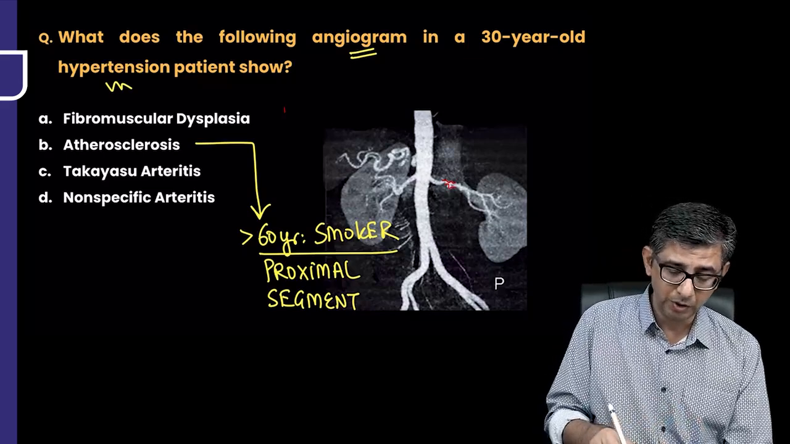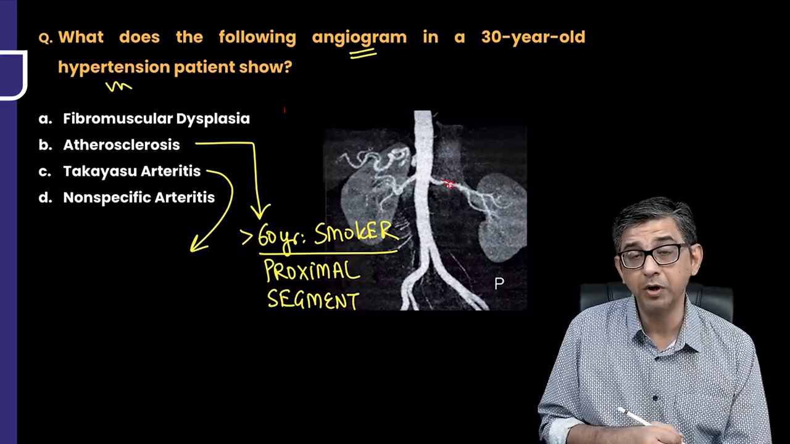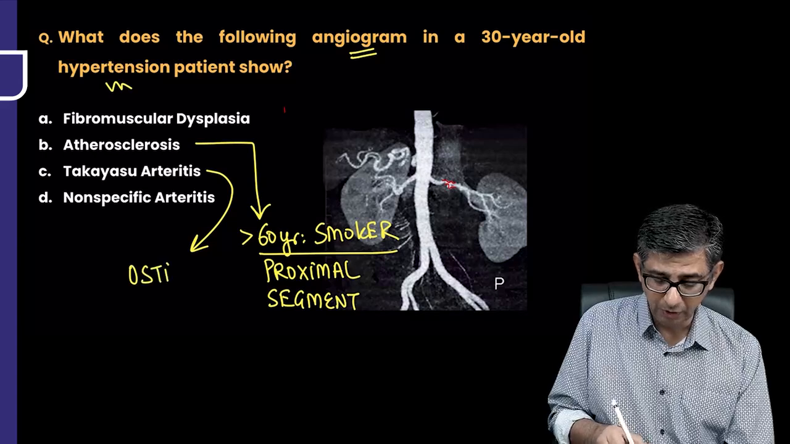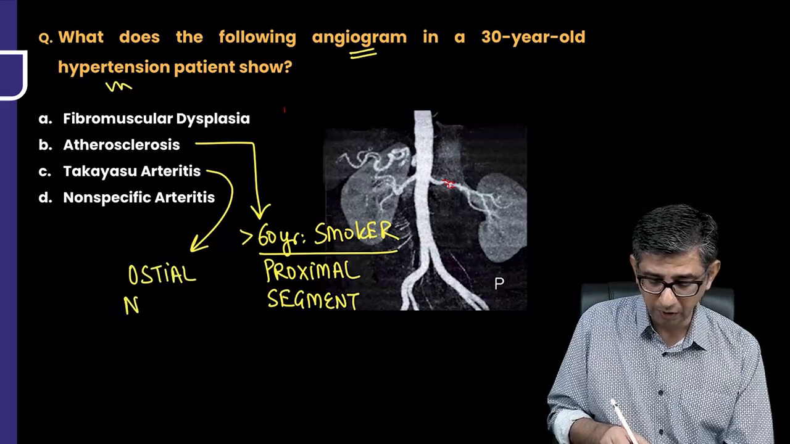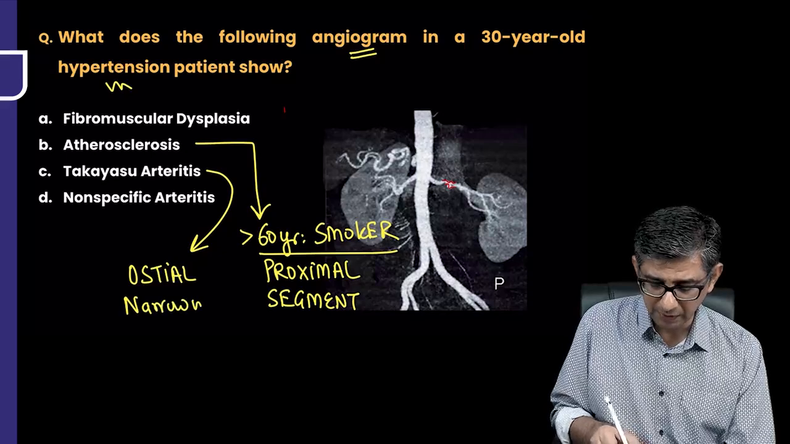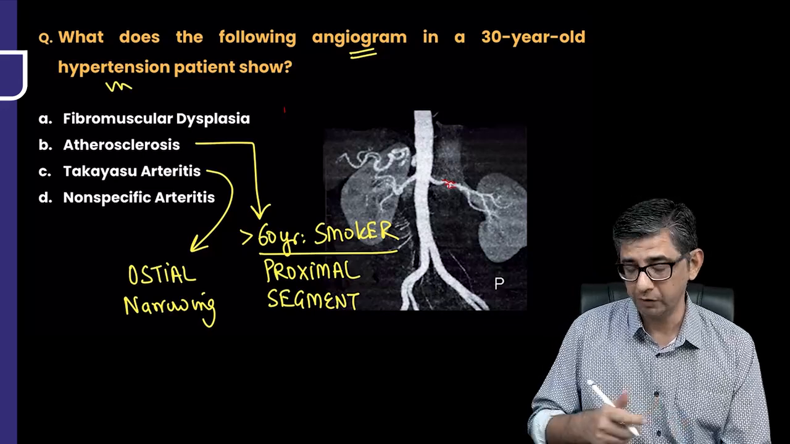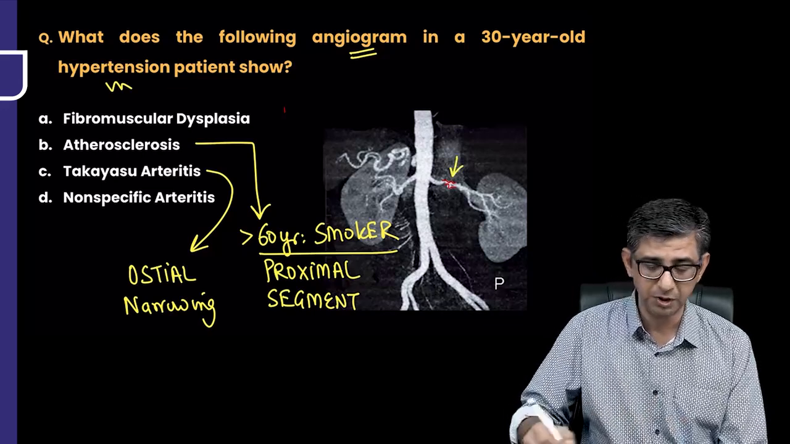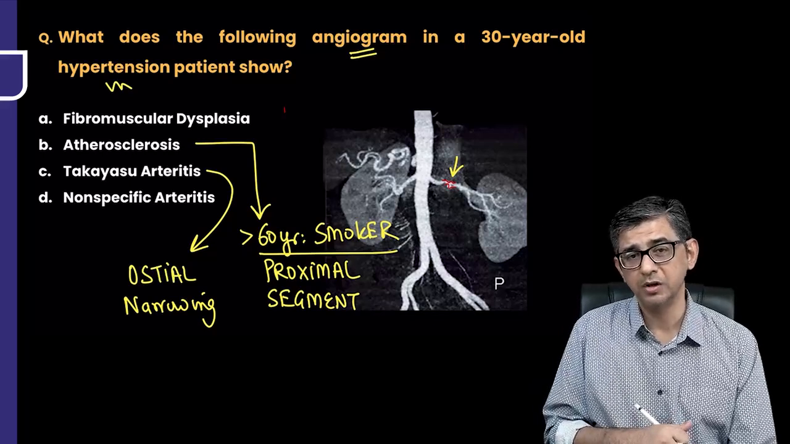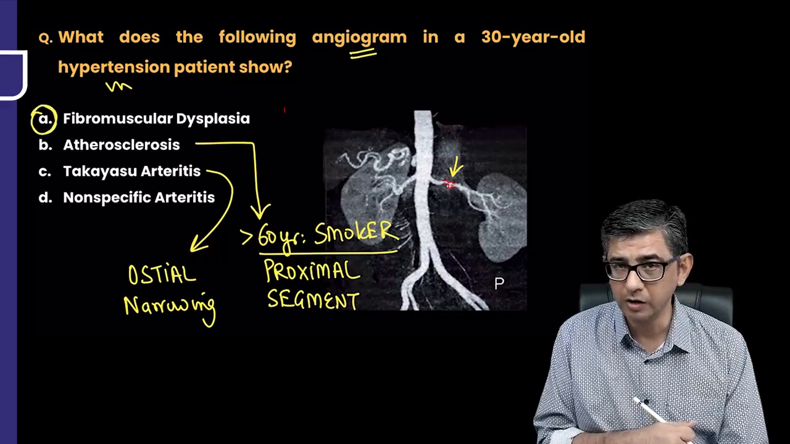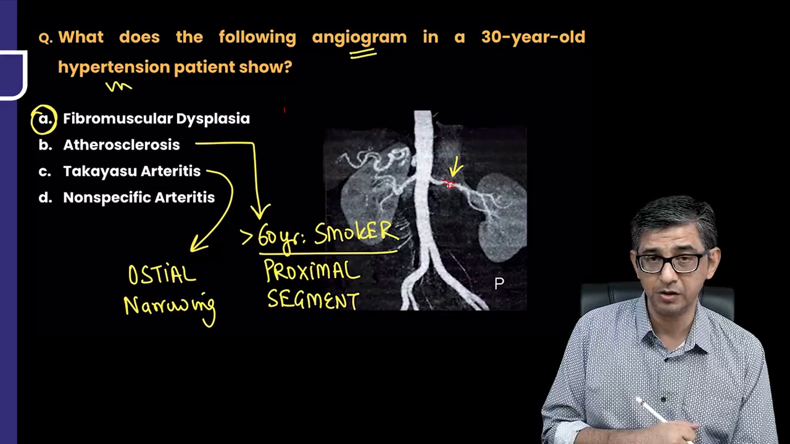When it comes to Takayasu's arteritis, yes, it could be a cause, but why I ruled it out is because Takayasu's arteritis mainly causes ostial narrowing. So in this image, it's very difficult to pick out whether there is an ostial narrowing or not. But what we can pick up is this irregular surface, which gives more credibility to the diagnosis in this particular case as FMD,